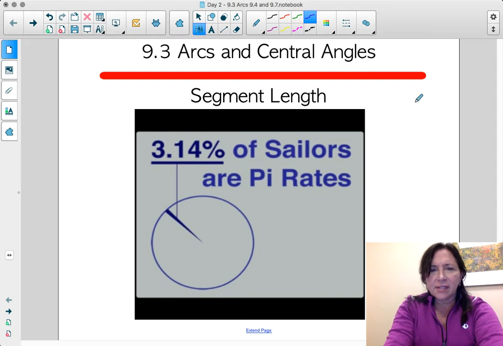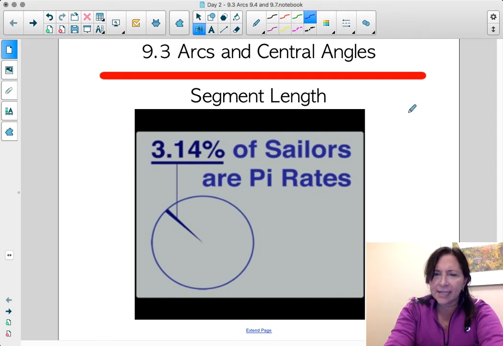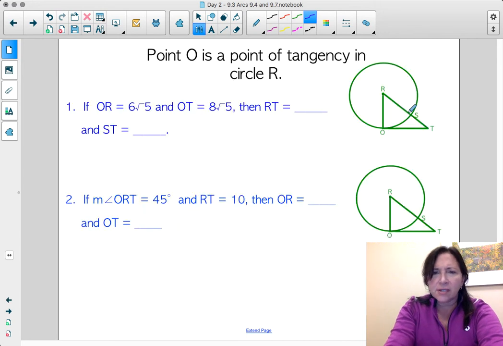Hi everyone, today's lesson is on arcs and central angles and also segment lengths in circles. So let's get started with a short review where we were talking about segments that are tangent to a circle